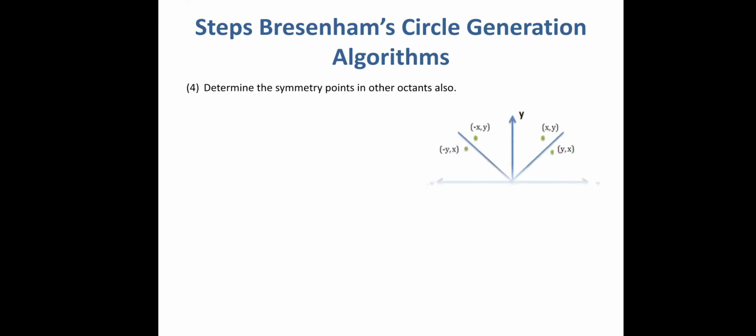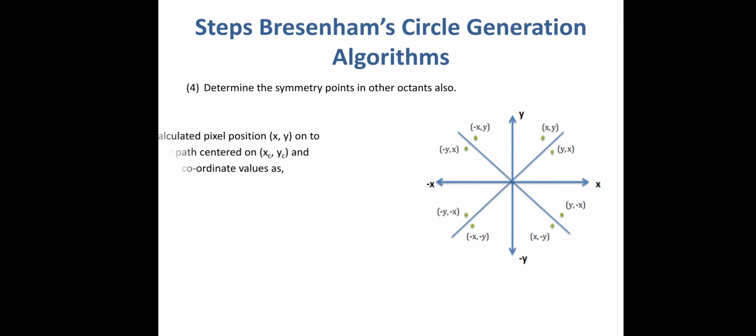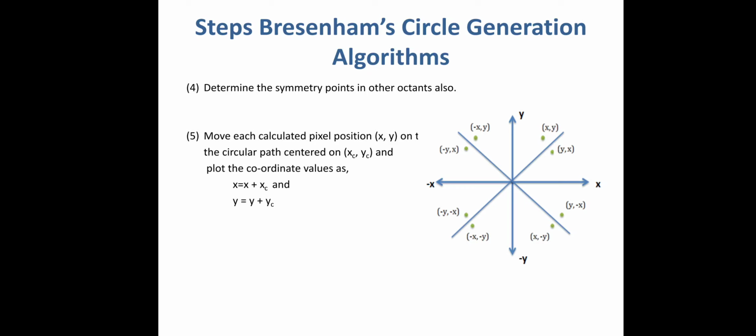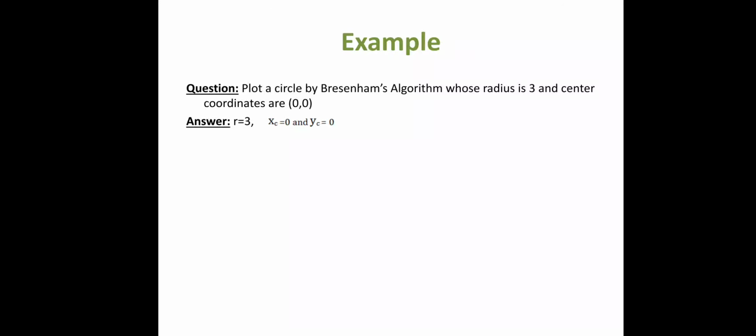Then next thing, after that we have to replicate our point depending on the octant symmetry property. So you have seen this is the octant symmetry property. After calculating one point, I will replicate all the points into the remaining 7 octants. And then we keep finding points until x is less than y. Until your x is less than y, you keep calculating your x and y. So now we are going to see this by example.